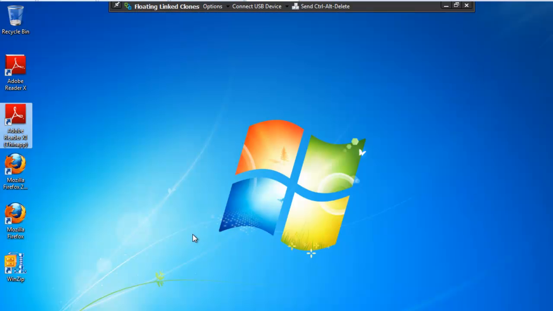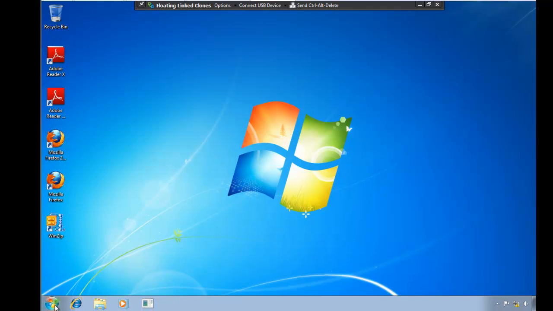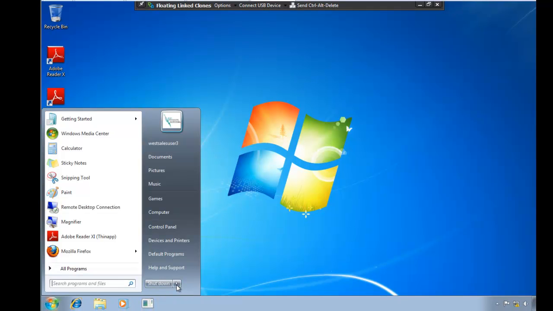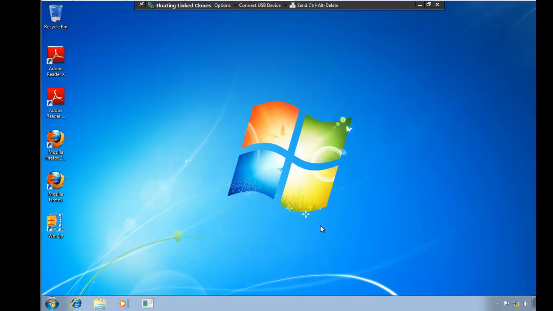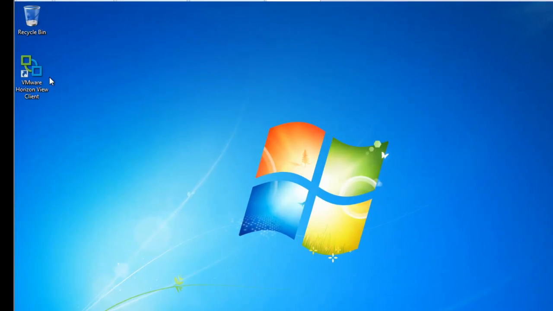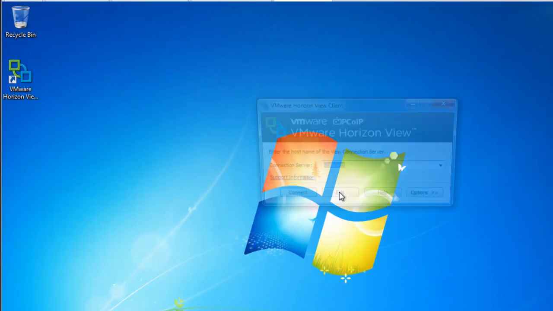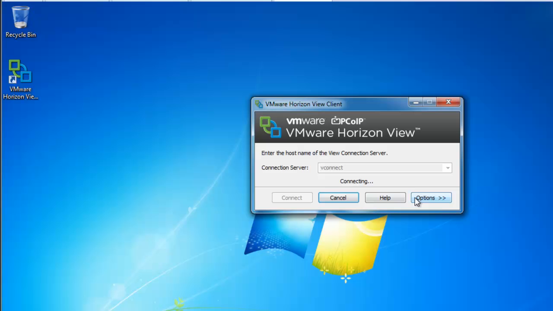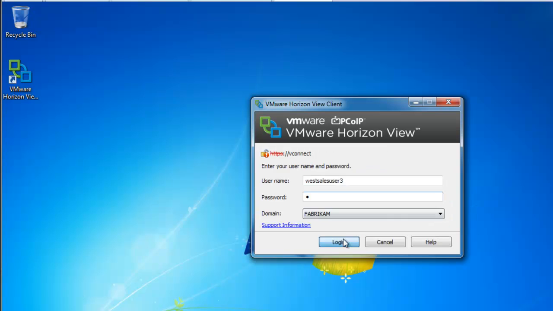Well, what's your expectation the next time they log on? Well, it's VMware View Persona Management that's going to preserve that setting. So I'm going to go ahead and log off here. And as soon as I do, I'll pick another machine to log on to here in the virtual pool. I'll log on as the same user. I'll get a different machine in the pool, and